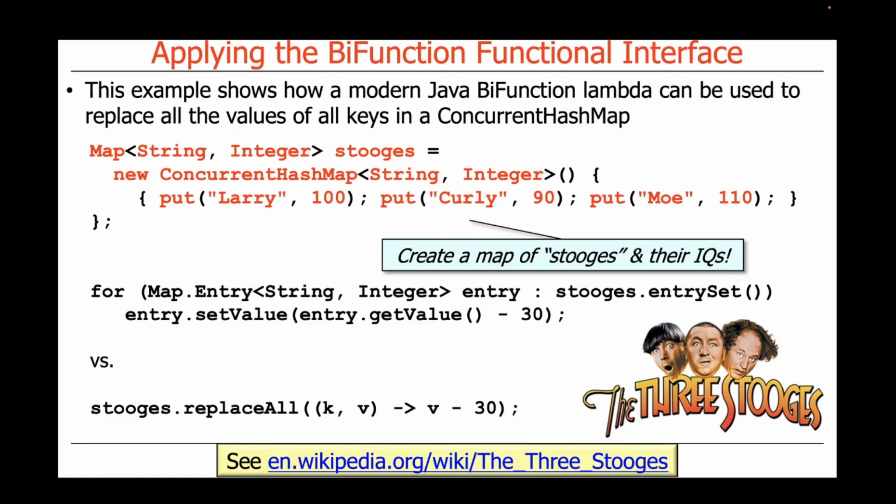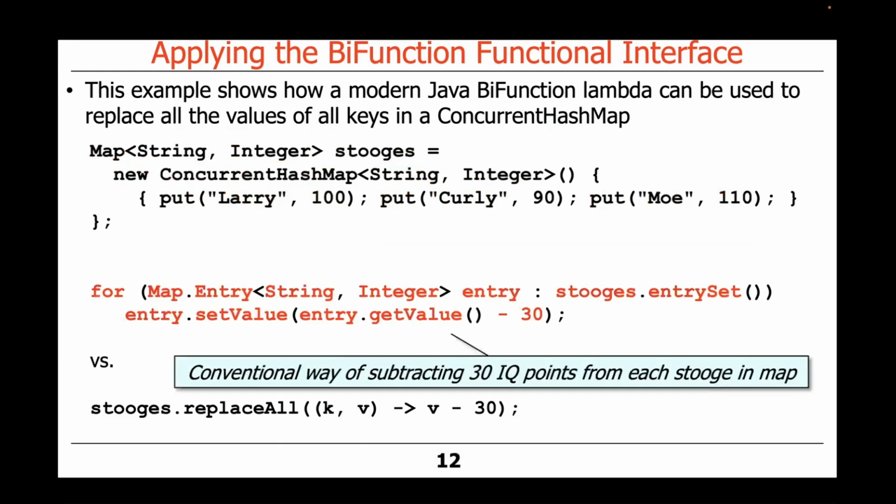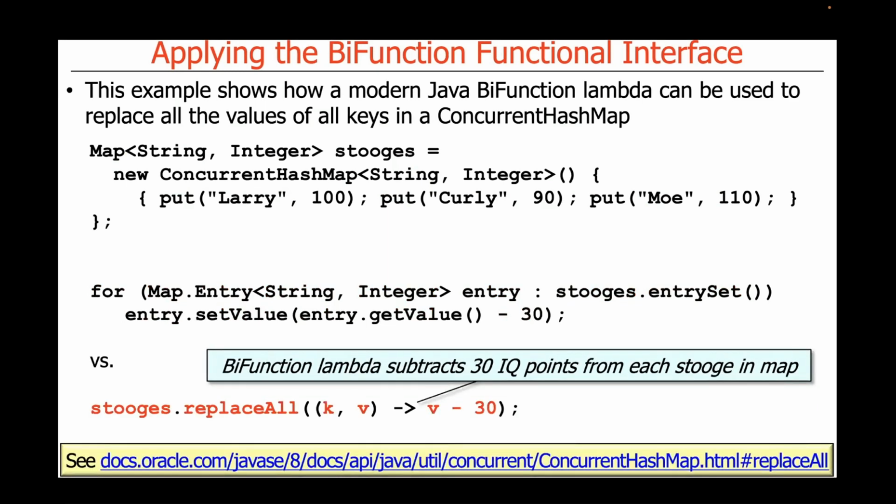And then we're going to show a couple of different ways you can manipulate this map. So the first thing we're going to do is use a good old-fashioned Java for-each loop. And it's going to loop through every element in the entry set. And so you can see we're going to have a Map.Entry of each element that's in the set, and it's going to be the String-Integer mapping. And what we're going to do is take each value, which is the stooge IQ, subtract 30 IQ points, and then update the value in the entry, which will have the side effect of updating the value in the map. The alternative way of doing it, which demonstrates the use of the BiFunction functional interface, is to